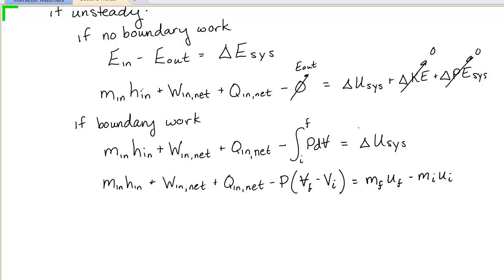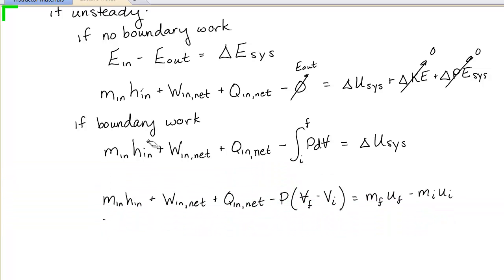And this is where we sometimes end up in constant pressure systems, also seeing an enthalpy appear on the right-hand side, because if we move the boundary work over from a constant pressure system onto the other side, we end up with something that looks like the enthalpy. So I should have put that up here. Let me move that up. In this case, we're going to say, then we have this expression where we've simplified that integral, and then my equation becomes m in h in plus work in net plus Q in net